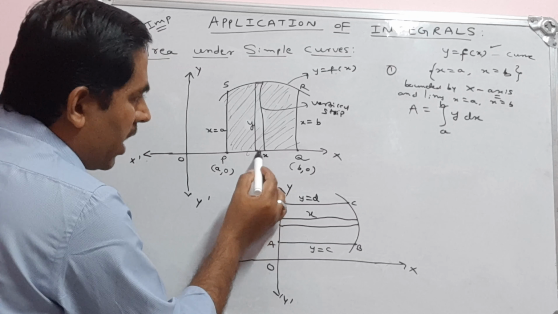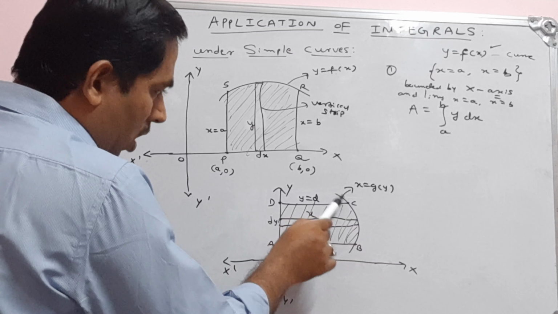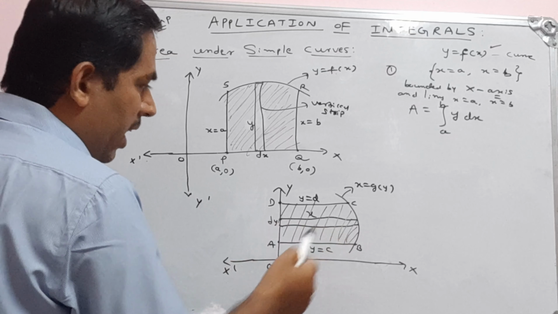See, observe this. So let us call this a curve. Okay, this is a curve. This is another curve. Say y is equal to f of x is a curve. This is another curve, x is equal to a function of y. So I will call this x is equal to g of y. So my lines are here.